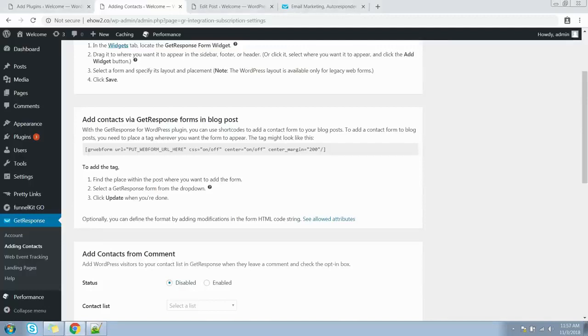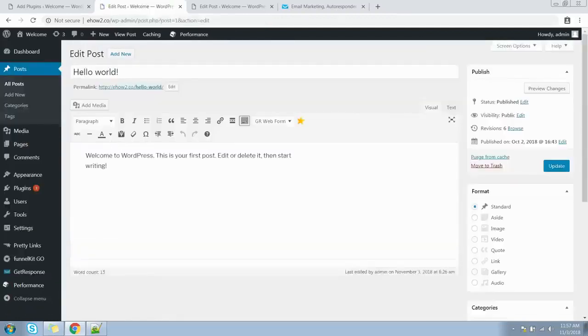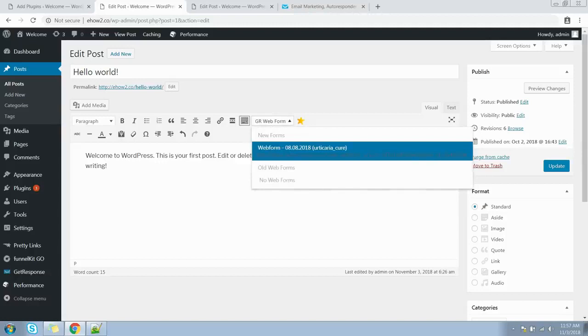First of all, we need to find the place within the post where we want to add the form. Then we need to select the GetResponse form from the drop down. Let's go to posts. Let me just edit this hello world post. So on this editor, we need to select the web form that we have created on our GetResponse account.